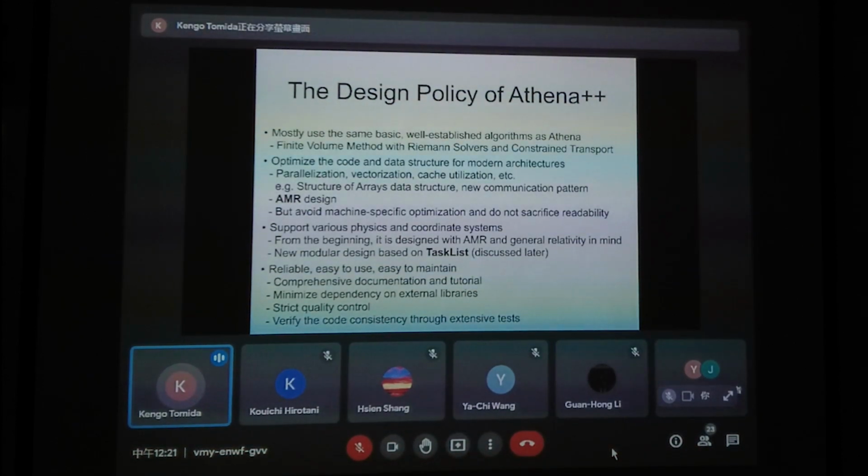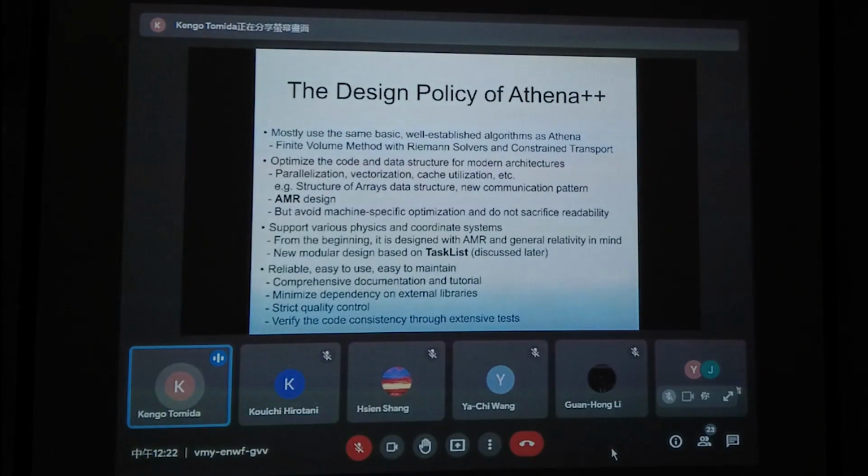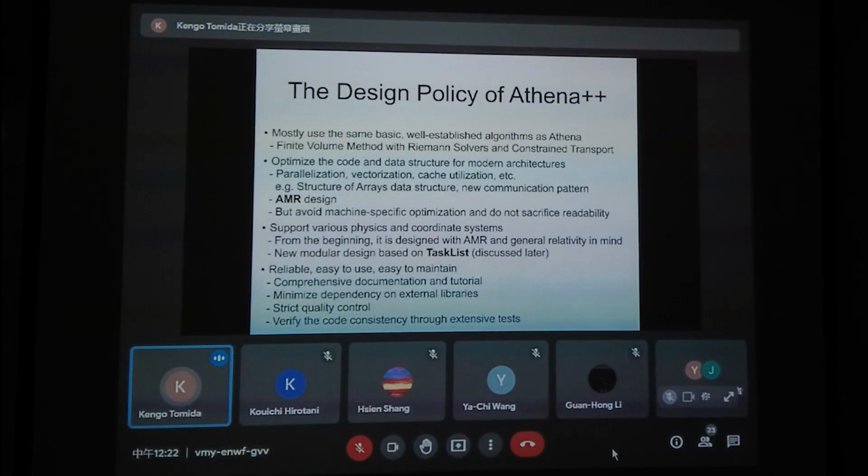So we completely redesigned the parallelization and also the data structure. In old Athena, the data is stored as so-called arrays of structures. But now we switched to structures of arrays to enable efficient vectorization and cache utilization. Also, we introduced a new communication pattern for better parallelization.